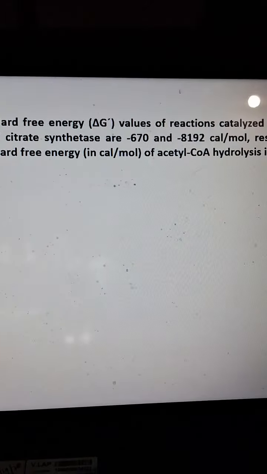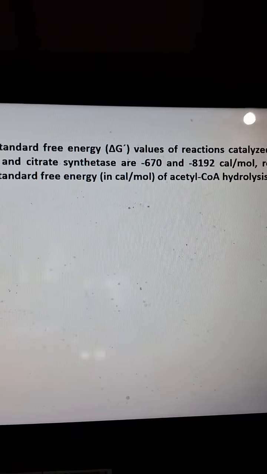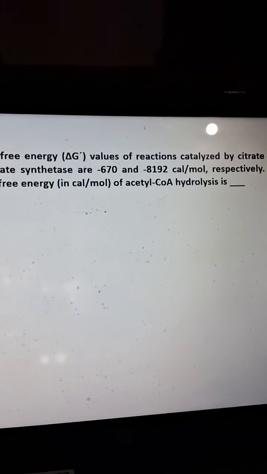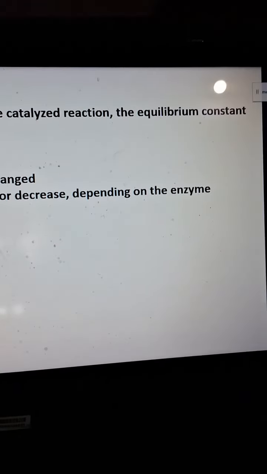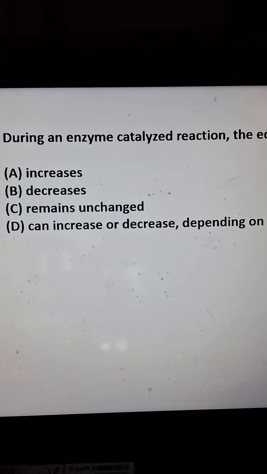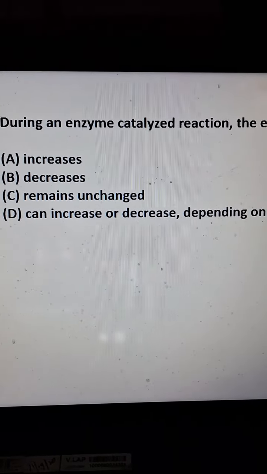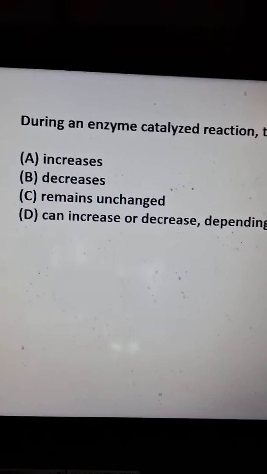The standard free energy ΔG values of the reactions catalyzed by citrate lyase and citrate synthase are given. So you have to find out the standard free energy of acetyl coenzyme A hydrolysis. Okay, during an enzyme catalyzed reaction, what happens to the equilibrium constant? Increase, decrease, remain unchanged, or can increase or decrease depending upon the enzyme? What happens to the equilibrium constant? The equilibrium constant should remain